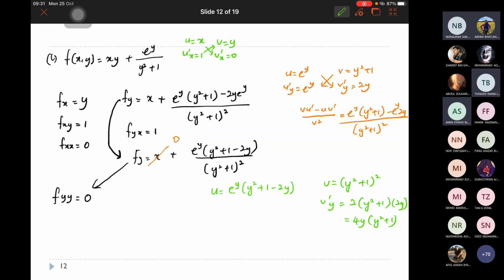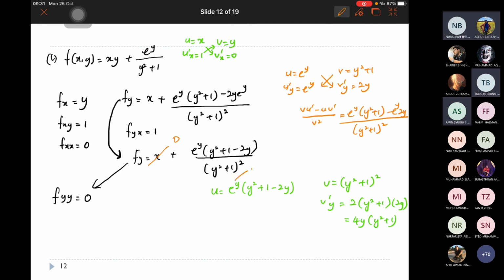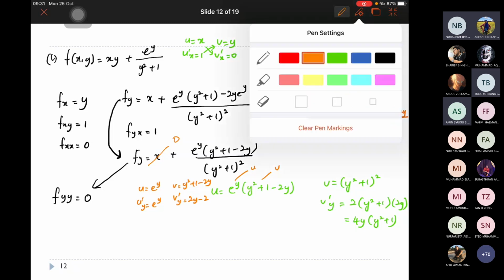Yang itu yang agak complicated. So awak boleh jadikan yang ini u term juga, yang ini v term juga. So u equal to exponential y, u prime y exponential y. V equal to y squared plus 1 tolak 2y. V prime y equal to 2y tolak 2. So from here,